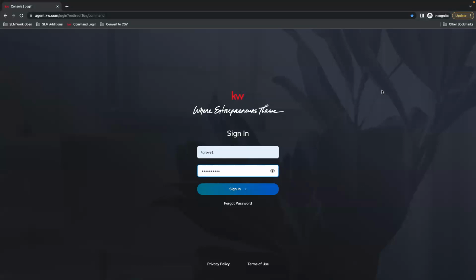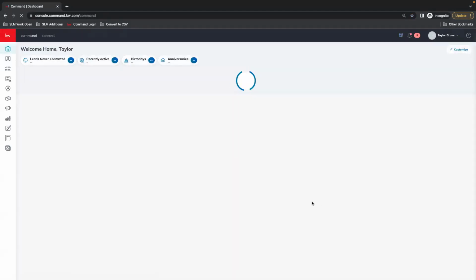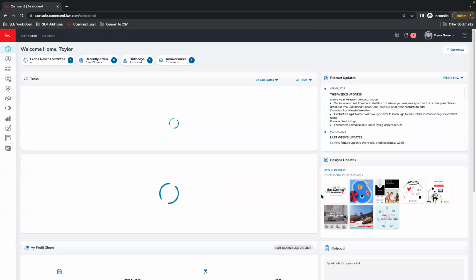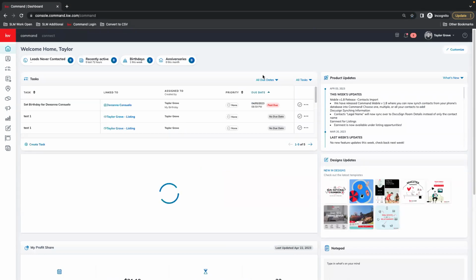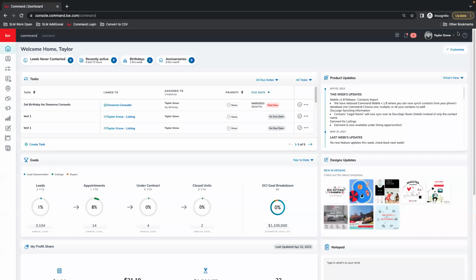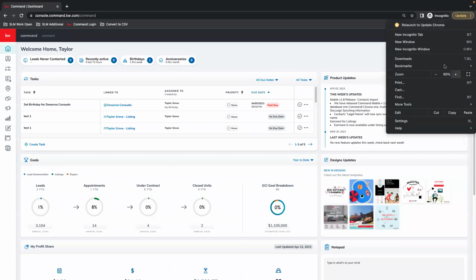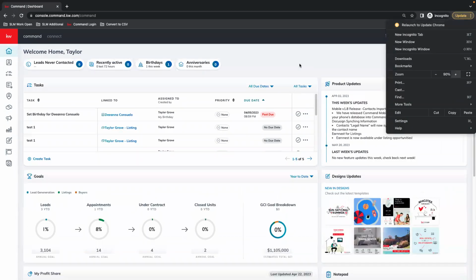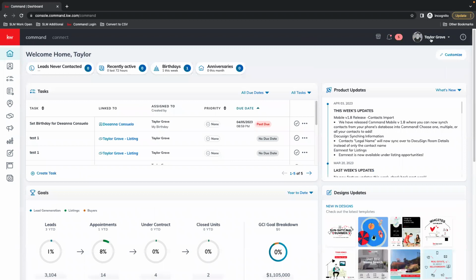So we're going to start by logging into Command, agent.kw.com. And the first thing we're going to do is go to our Connect profile.